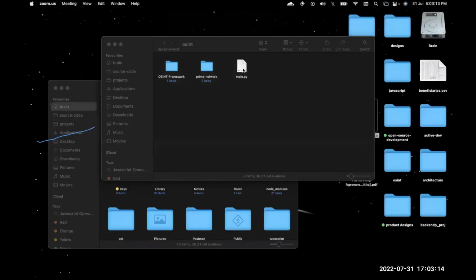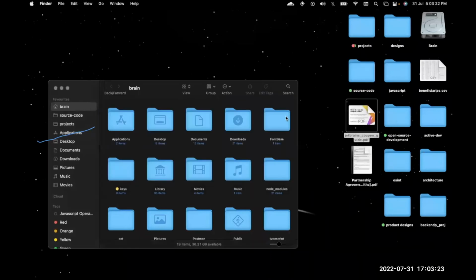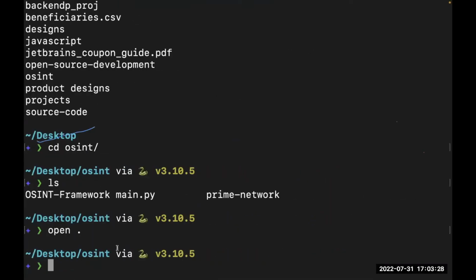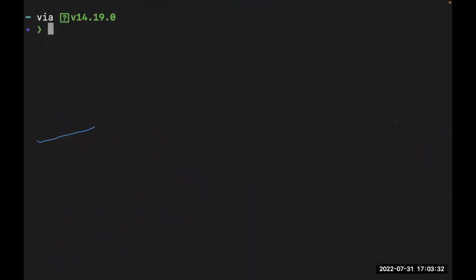So I want to delete it. I can delete this from the terminal, but we're going to get there, and I don't want to forget this file in here. So I'm going to remove it manually using the GUI interface here. So let's come back here. Let's go back to the root. Let us clear, and now we can proceed.